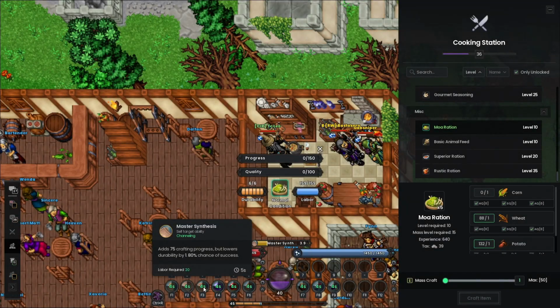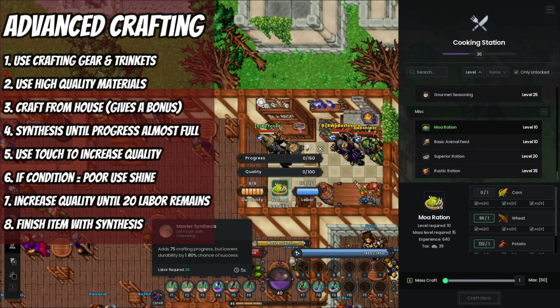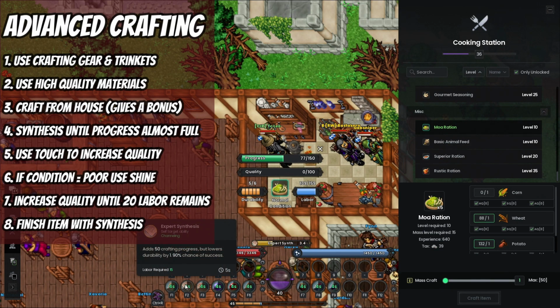So advanced crafting strategies. If you want to craft like a pro, you need to make sure you're wearing crafting gear and trinkets, along with having the labor passives, and you also want to be using the best materials to improve the condition of the item to make it easier to craft the highest quality item. The first thing you do is